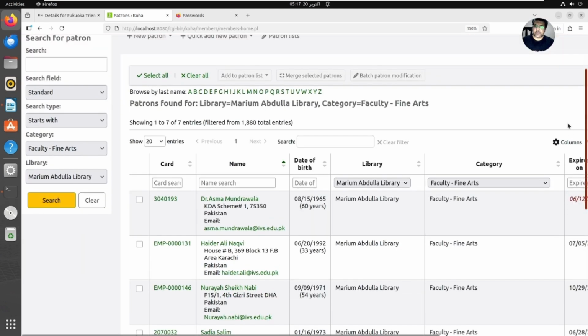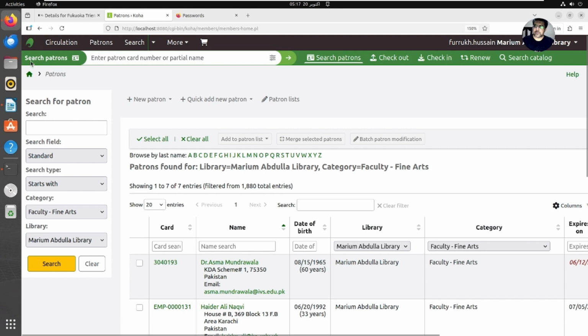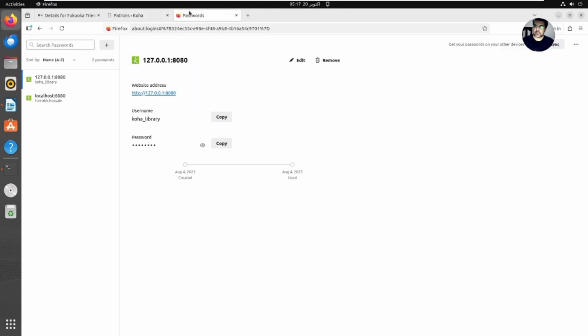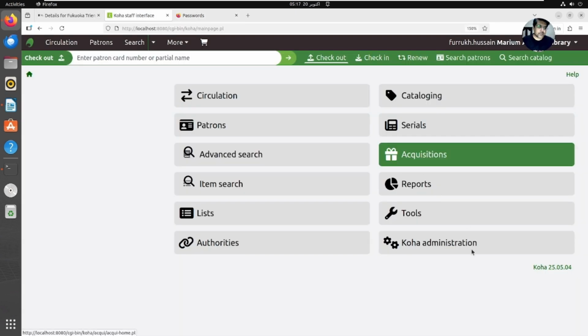And there we have patrons as well. Okay. So we are upgraded to